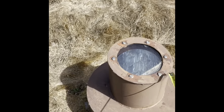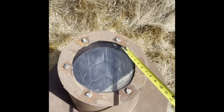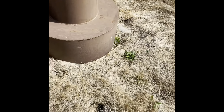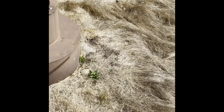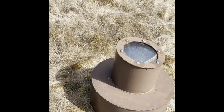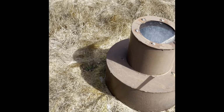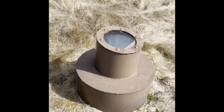I had a guy weld it together, put a little cap on it, put some 1/2-inch thick plexiglass in there with a rubber ring, all tightened in from the bottom, and then that whole system sits over top of one of those 12-inch plastic vents that goes right into the structure, and it gets spray foamed heavily, to make sure there's no way that anything can